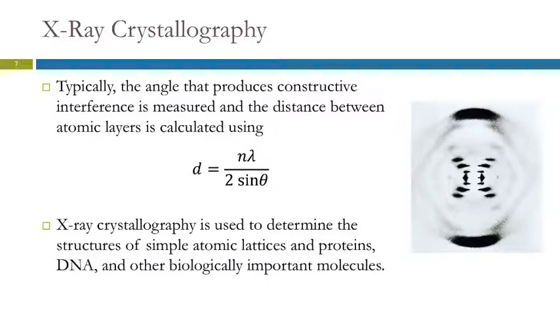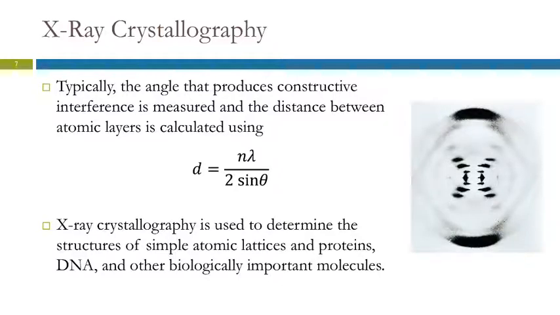X-ray crystallography is used to determine the structure of lots of things. You can use it on simple atomic lattices. You can use it on more complicated crystals. You can also use it on things like proteins and DNA. And X-ray crystallography was a main factor in determining the double helix structure of DNA. Watson and Crick are famous for that. They used X-ray crystallography. This is an example of an early X-ray,